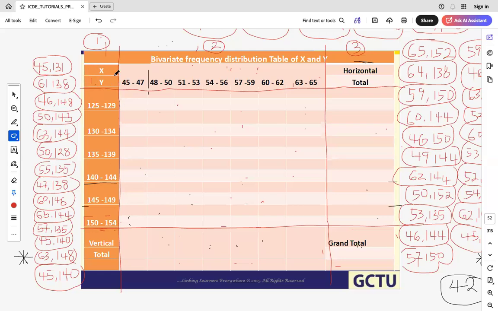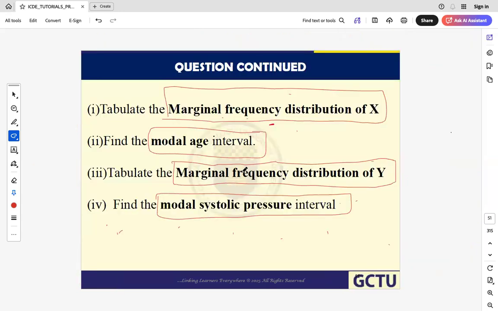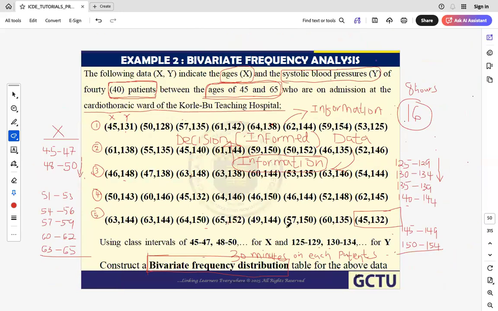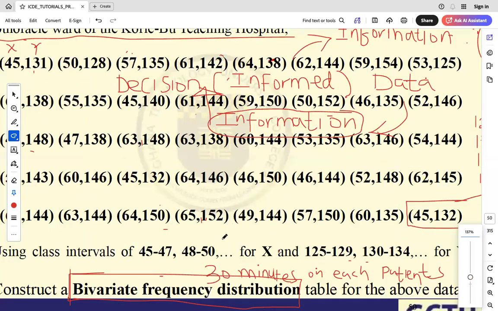As for area number 1, I said you just put the X and Y variables there, showing that X is moving from left to right this way, and then Y is moving from the top to the bottom. That would be the direction. Whilst Y is moving down, X is moving from left to right. Let's go back to the question and see where these class intervals are coming from. Now, the question has been specific. It says that